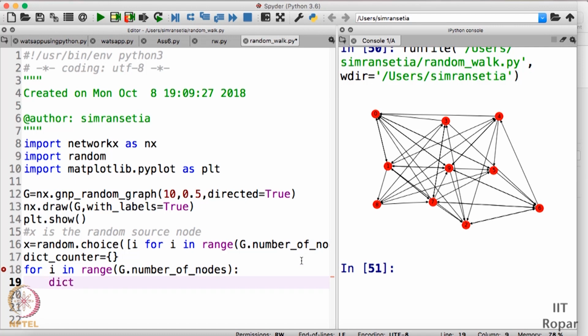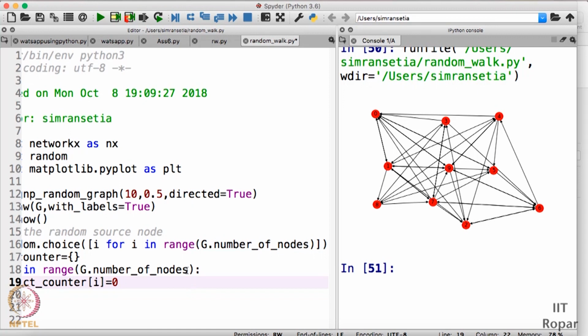dict_counter[i] is equal to 0. Here, g.number_of_nodes() and dict_counter is equal to 0. Since this is a method, you need to pass the round braces too.